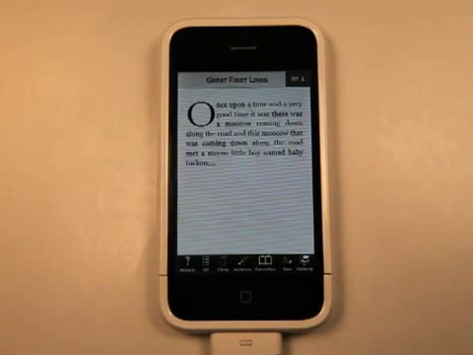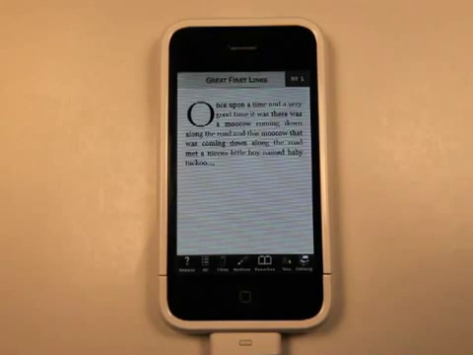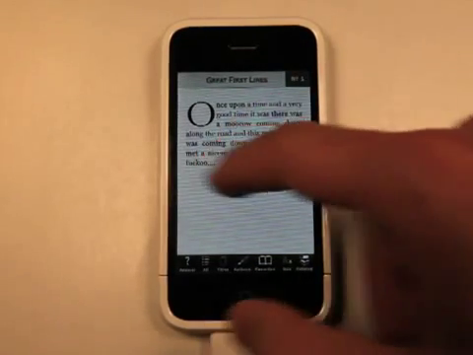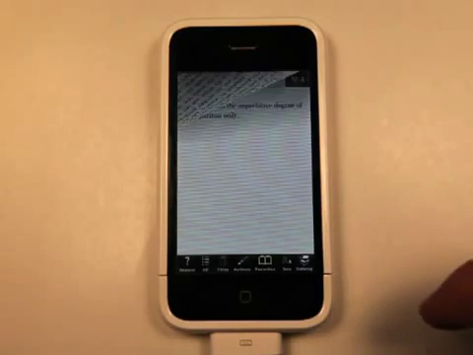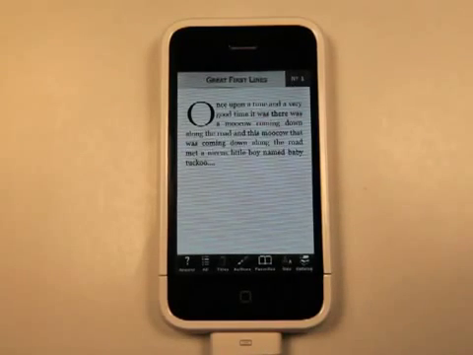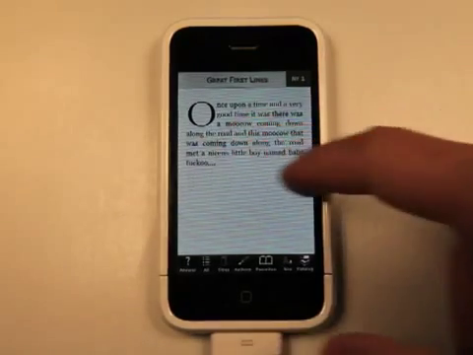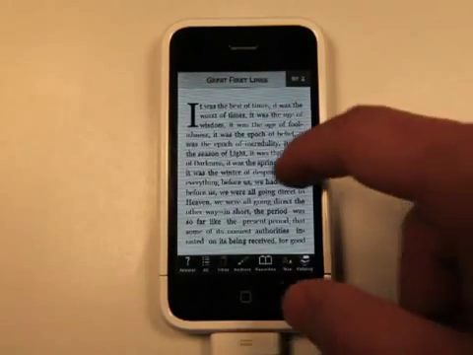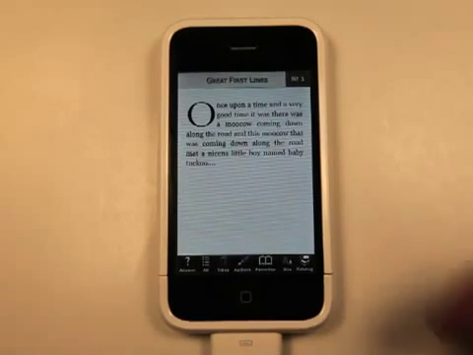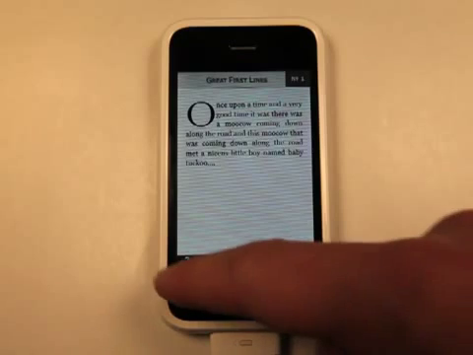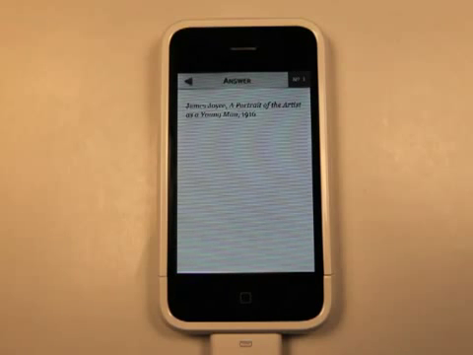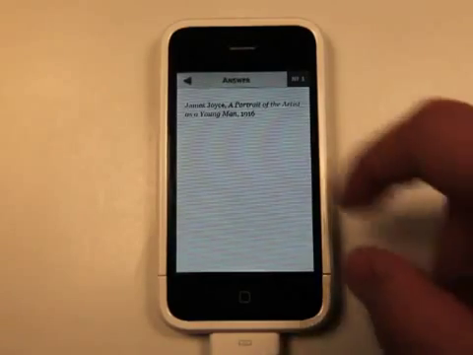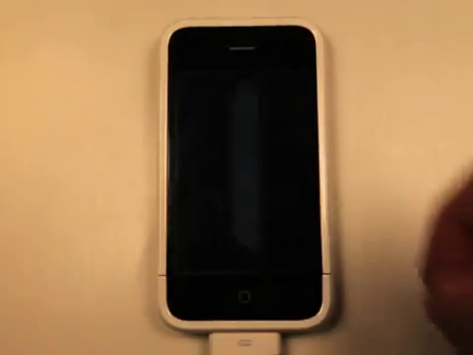And you can read the first lines, and this can be a game too because you can guess what these are. So scrolling across will bring you the different first lines. Going back the other way will take you back to the beginning. So that's how you turn pages. You draw to the right to go to the next page and draw from the right to the left to go back. So here we're looking at this first line, and if I wanted the answer, I can click over here and it'll say the title of the book or the title of the writing and the author and the date, and then I could just tap the arrow to go back.